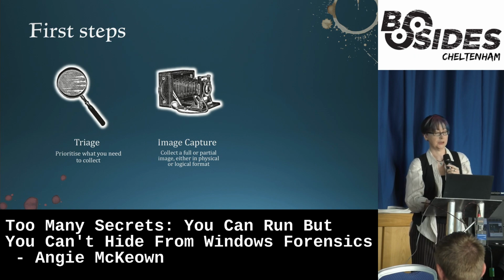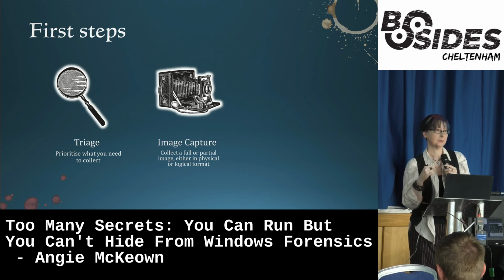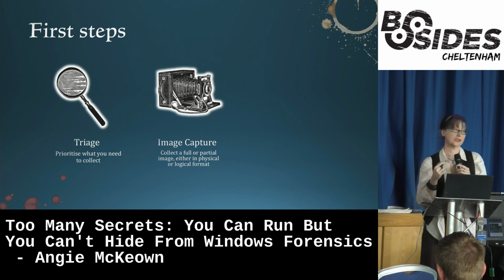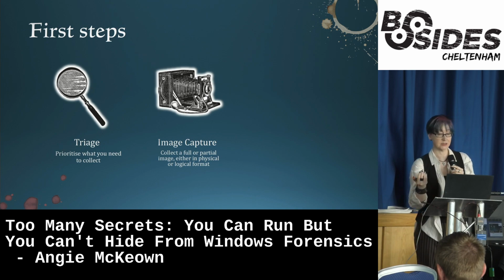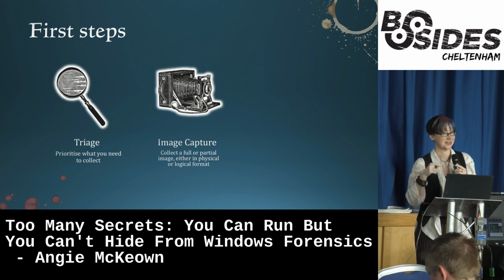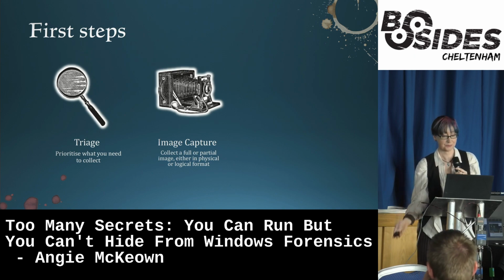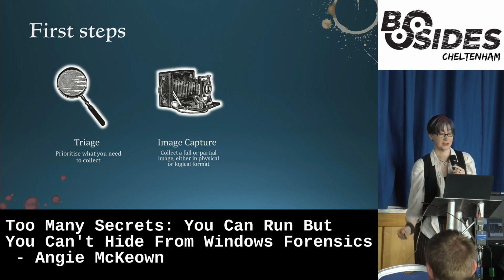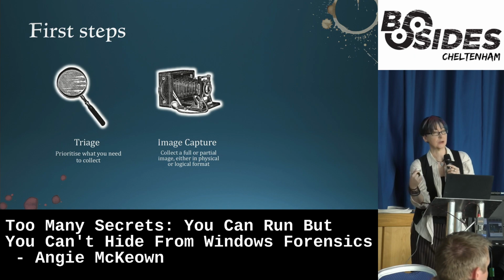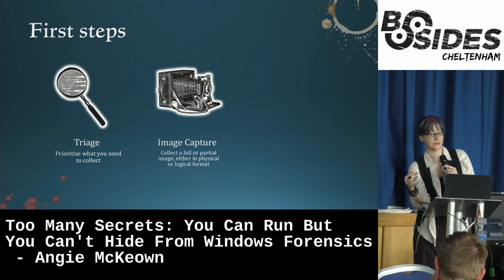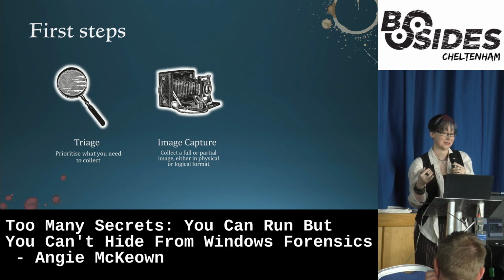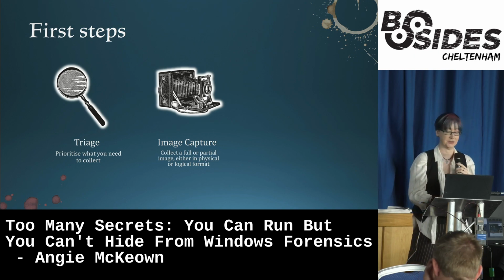So you can have a physical image, which is an exact copy of the bits on the drive, but it takes a lot longer and it costs more to store and manipulate. And if there's encryption, there's a chance it's no use. However, it is the most forensically sound option. A logical image is slightly different. It is the currently accessible contents of the file system. So it's going to miss things like the operating system internals, and it's going to miss any fragments or deleted files in unallocated space.